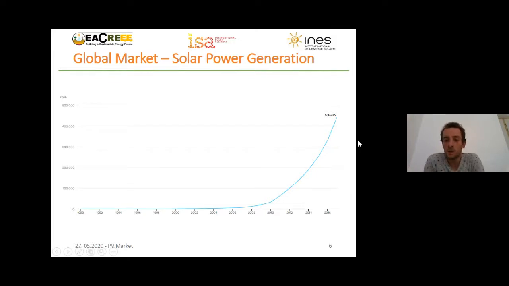Let's have a focus on solar photovoltaics now, about power generation. If you remember, we have a very tiny portion of global power generation. We could see that on the graph from the IEA, the International Energy Agency. But if we zoom in on only the solar data, we can see this dramatic growth, this exponential growth, starting approximately from the year 2000 and growing and growing in the last years. And the perspective for the solar PV market is that this growth will keep going in the next decades.